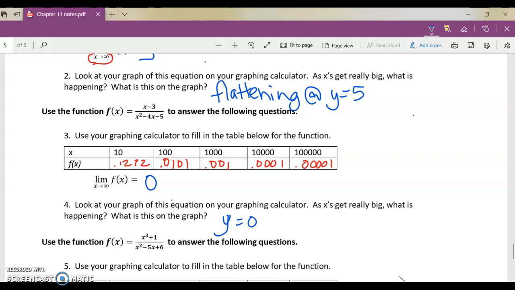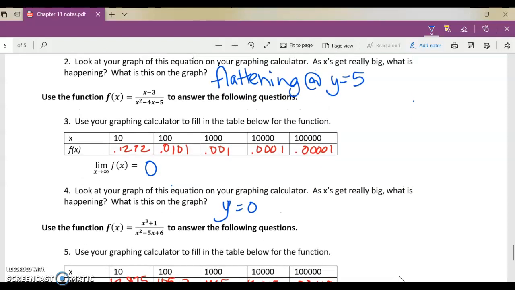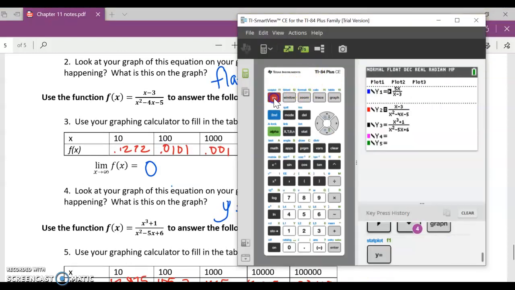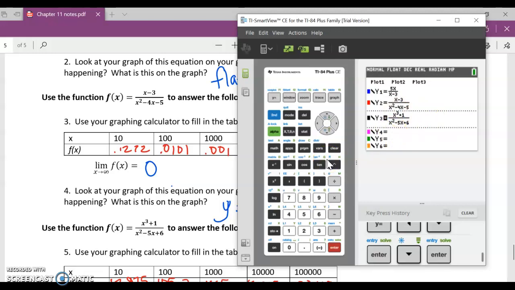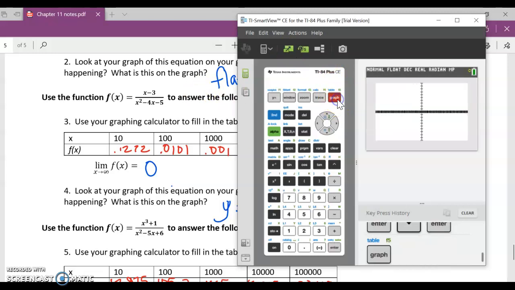Okay. Third one. And this time we go to our graphing calculator and we go to our y equals, and you can either clear out those previous two or turn them off. So I am turning on my y3. So if you're typing in this new function, you have x cubed plus 1 over x squared minus 5x plus 6. If you go ahead and graph that,